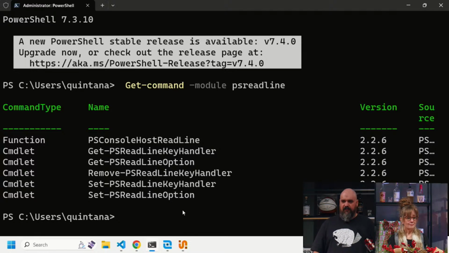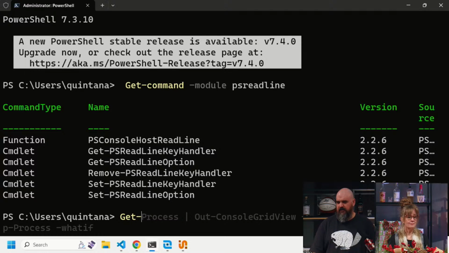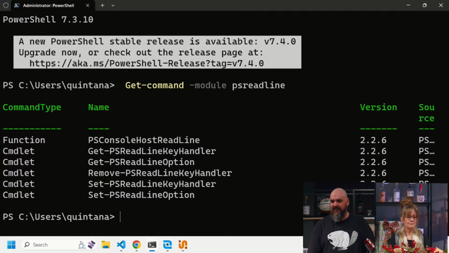So the first, like if you have a history, so if I do Get-Command, you can see you get the little highlight there of ones I've done. Look at that, I've spoiled the future, Andrew, without Console Grid View. So it gives you those commands. Yeah, you did. But if we do a lot of the customization, so if we go back to the Get-Command, or we'll do Get-Module. If I do like specific module and I'm not sure what it's looking for,